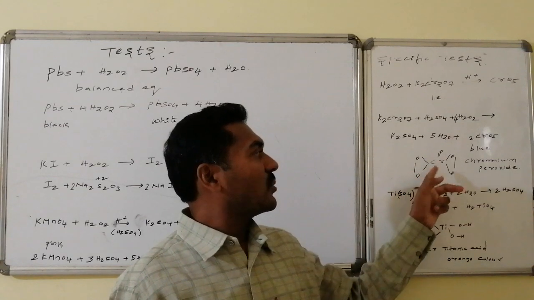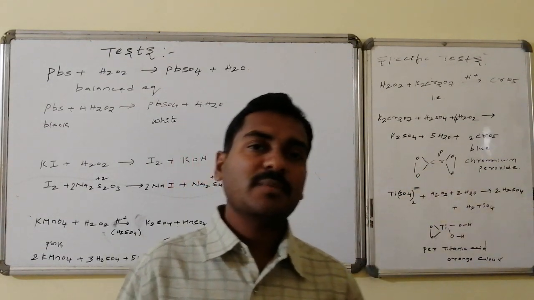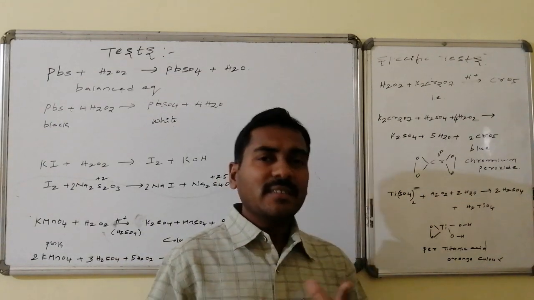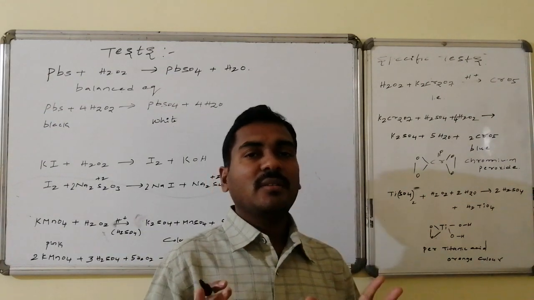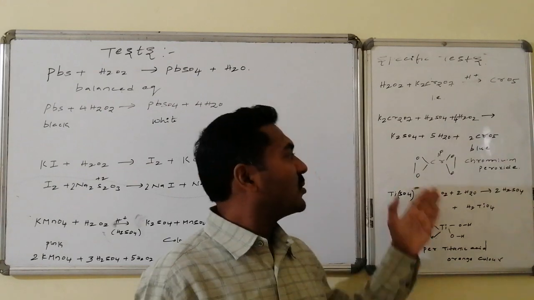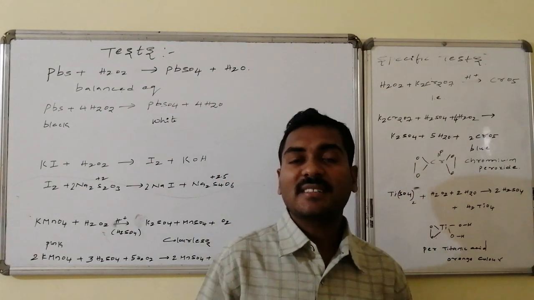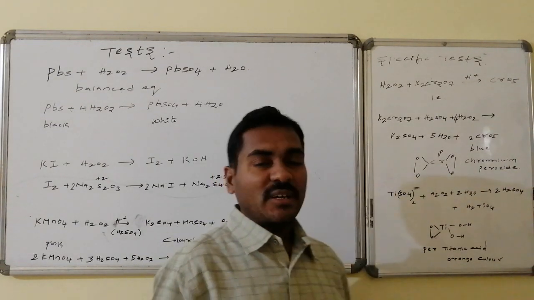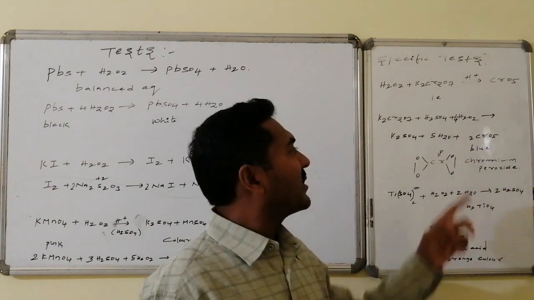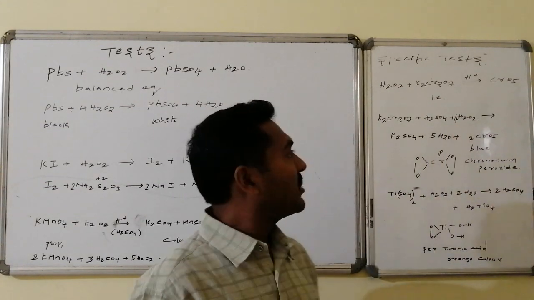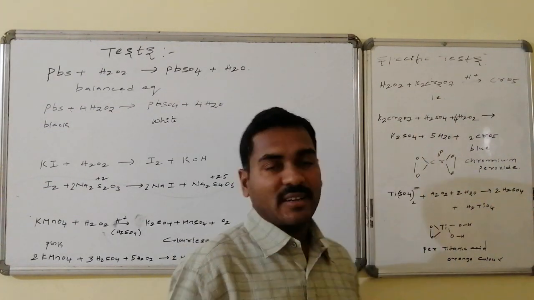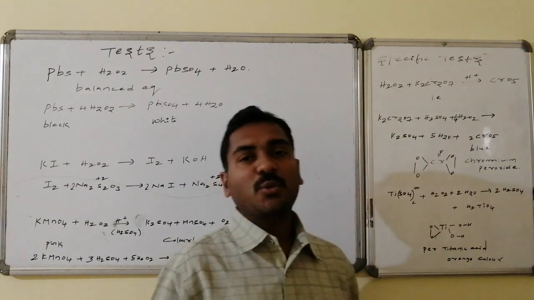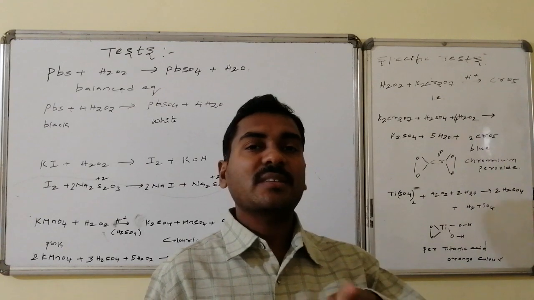The structure is CrO5, that is, chromium with 2 peroxide bonds followed by a double-bonded O, overall 5 oxygens. In general, the oxidation state of chromium is 6, but here, due to having so many oxygens, we may consider it as a pseudo oxidation state of 10. Hence the balanced equation is K2Cr2O7 in acidic medium, sulfuric acid, followed by 4 hydrogen peroxides, because in the beginning chromium is maintaining +6 as the oxidation state. The pseudo state is converted to +10, hence it requires a difference of 4.